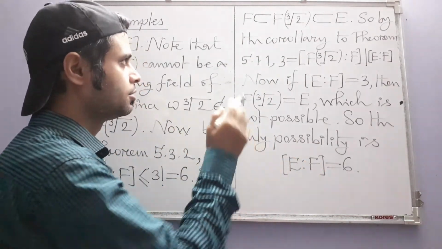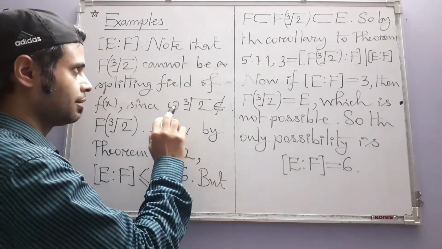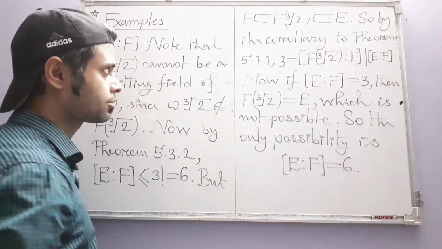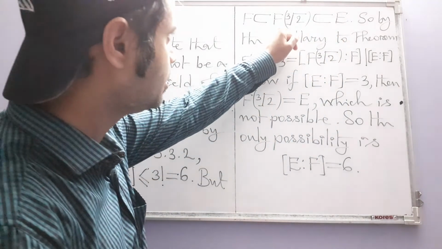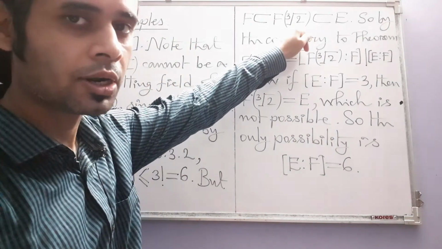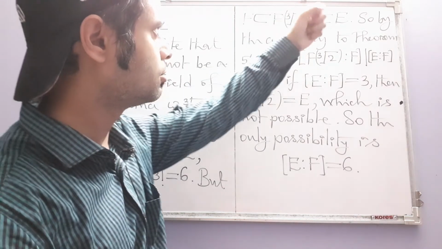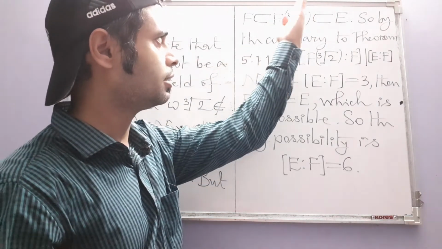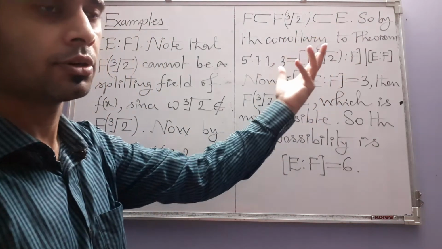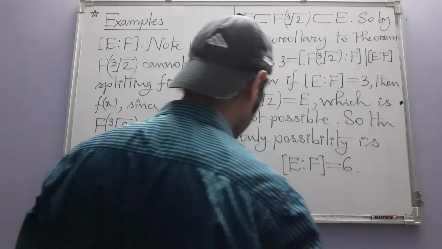And it automatically contains all the rational numbers. So by definition, F(cube root of 2), the smallest subfield containing F and cube root of 2, should be contained in E, which is some subfield containing F and cube root of 2. Okay, so our example 2 is